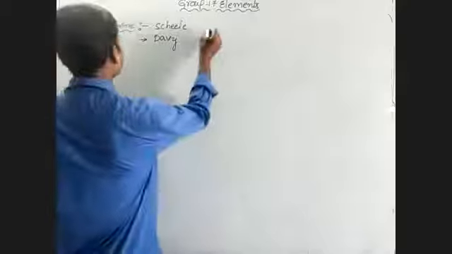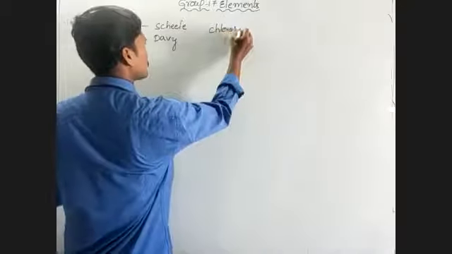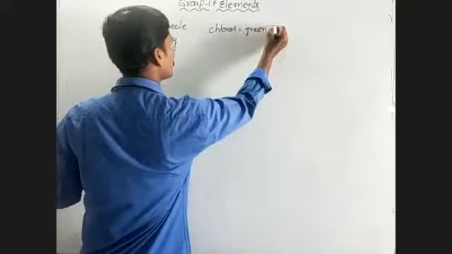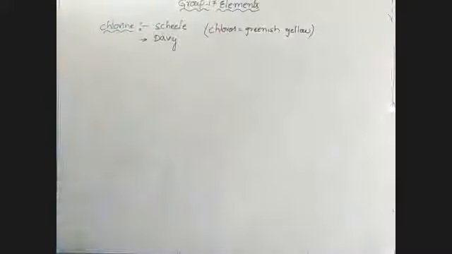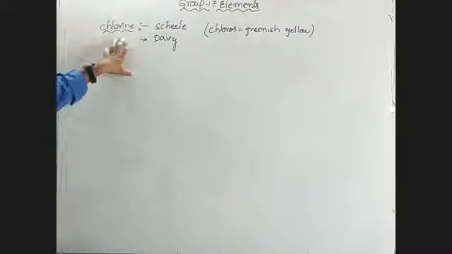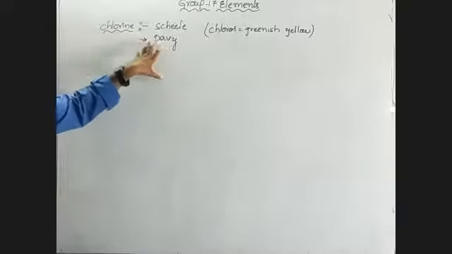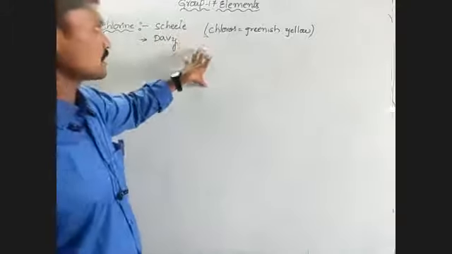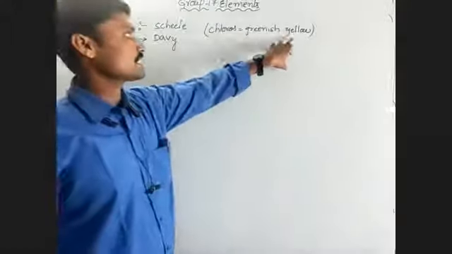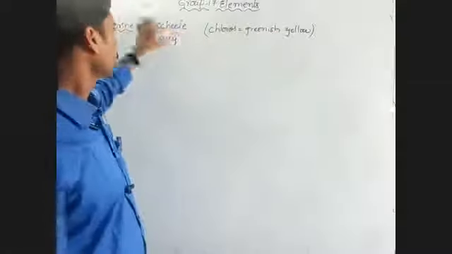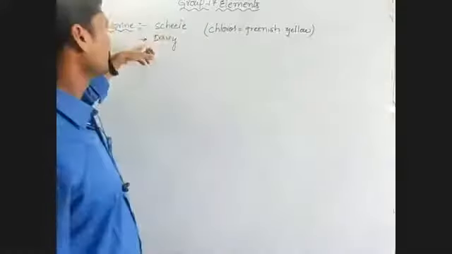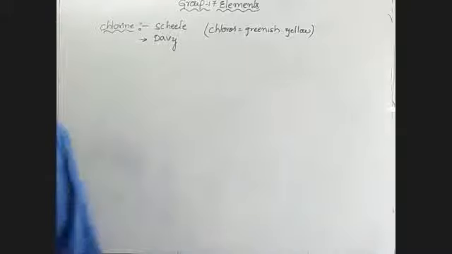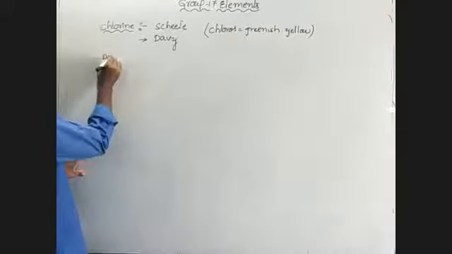Chloros means greenish yellow. The name of chlorine is given by Davy, based on its color. In general, chlorine was discovered by Scheele and the name was given by Davy. Now I am going to discuss the preparations